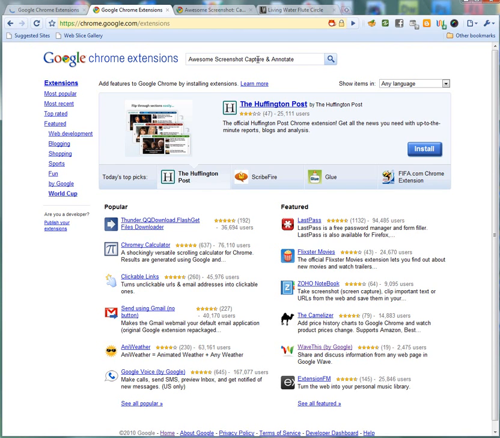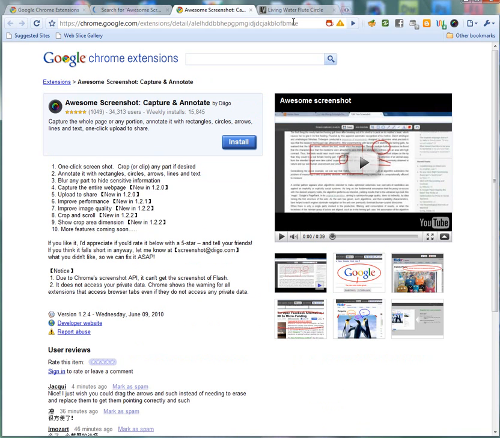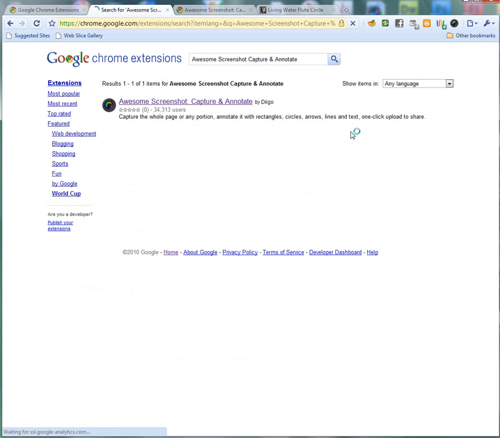the search box at the top, and as you can see, I've already typed in the name of the extension that we would like to install, and it's called Awesome Screenshot Capture and Annotation. So type that into your box and click on the magnifying glass to start the search. And then we'll see this list come up, and of course we want to click on the link Awesome Screenshot Capture and Annotation,